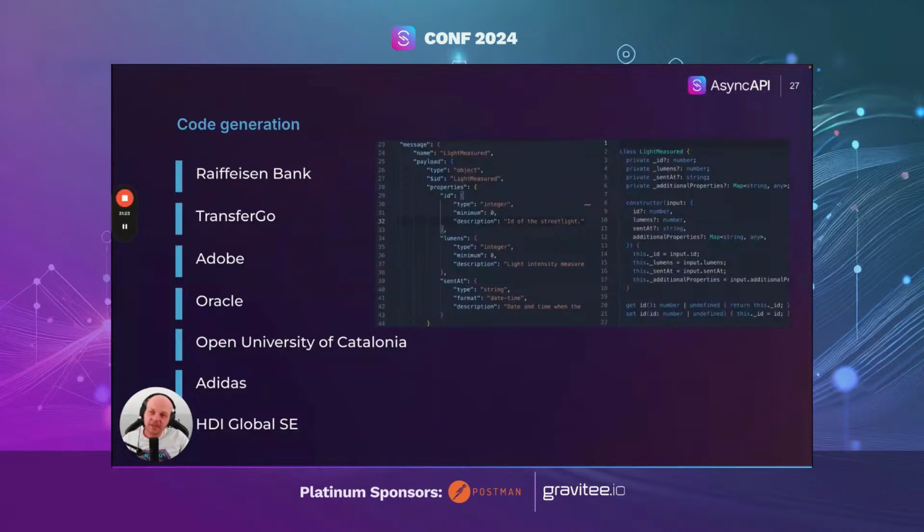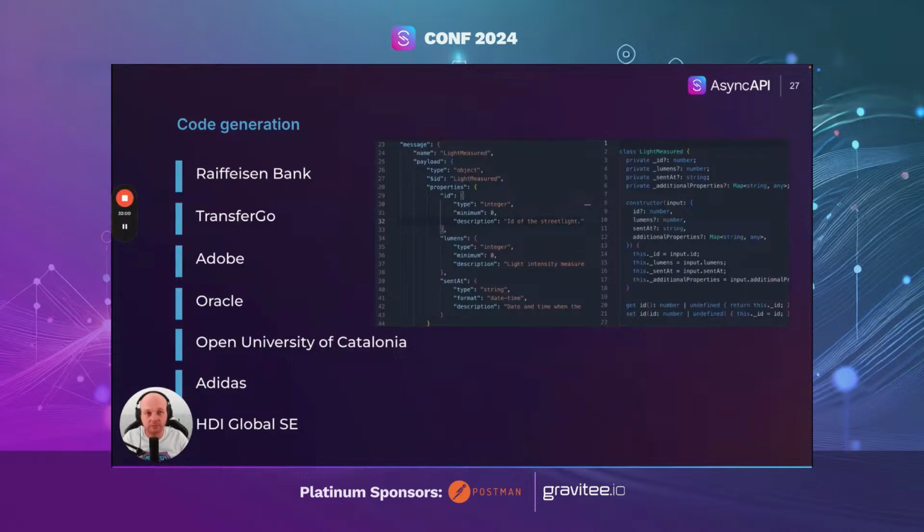Code generation. It ain't that simple. It's not that obvious. There are many different concepts in code generation related to many different types of generation. Just look at the screenshot that I'm showing here. It's a screenshot from AsyncAPI Modelina Playground that shows a pretty simple models generation. Out of an AsyncAPI document that keeps the schemas, you can generate models, classes for whatever programming language you want. And for many companies, that's really enough.